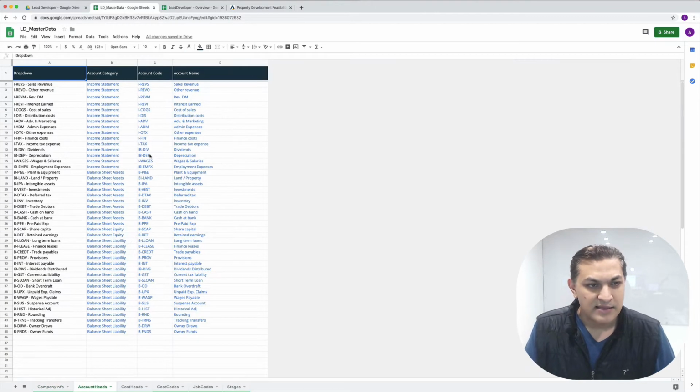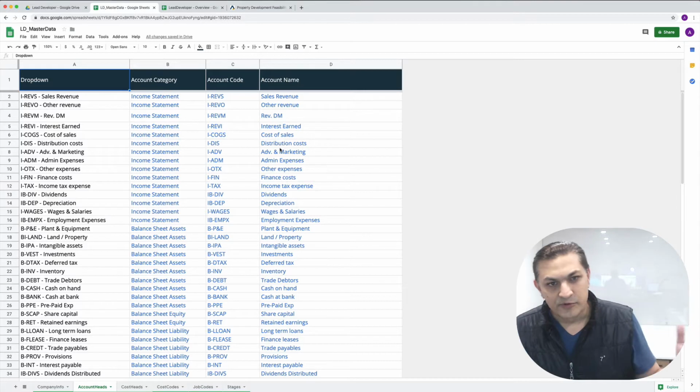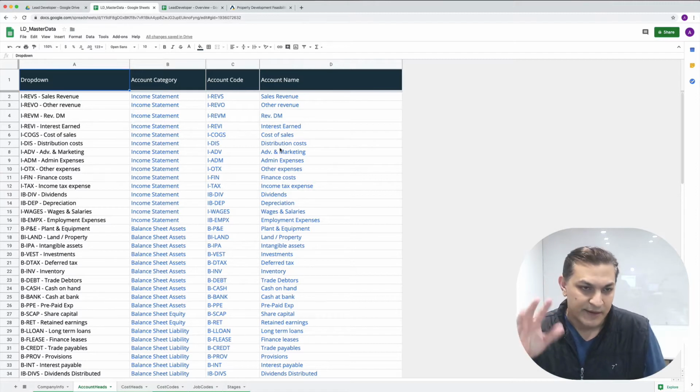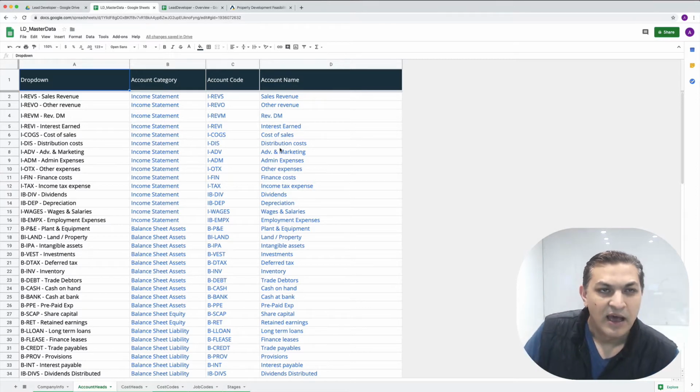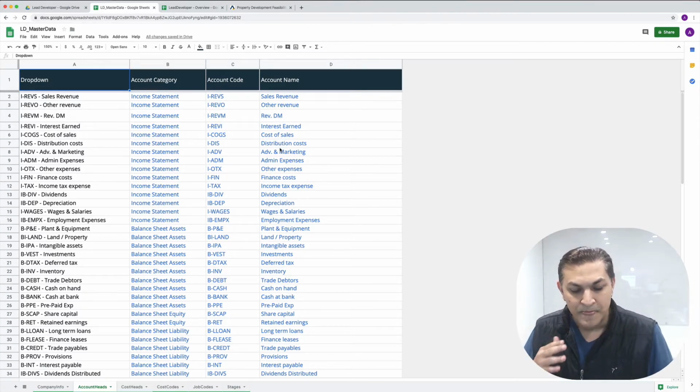You've got account heads. So account heads are very similar to your chart of accounts, and these are there because in future you might want to connect it to your accounting package. But for the time being, any report that you want can be pulled out based on just that, because I've already developed a Lead Developer Plus that tracks your project as your project is unfolding, as you are